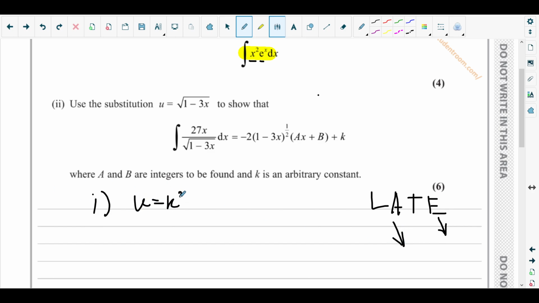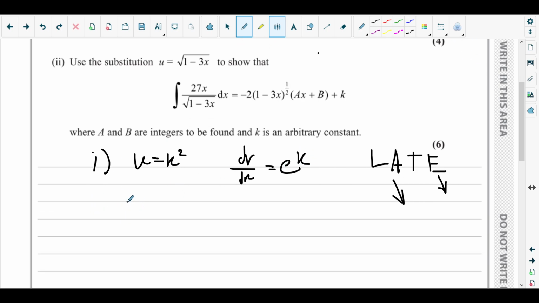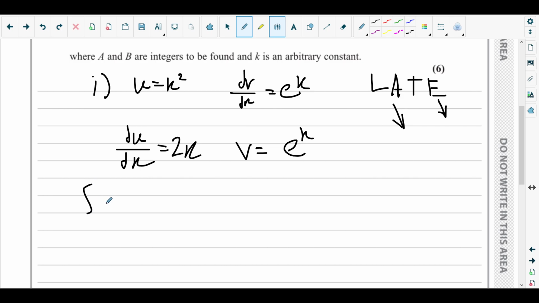So u equals x squared, and we will take e to the power x for integration. Now let's differentiate x squared. We will get 2x, and if you integrate e to the power x, you will get e to the power x as it is. So the integral of x squared e to the power x dx would be uv,